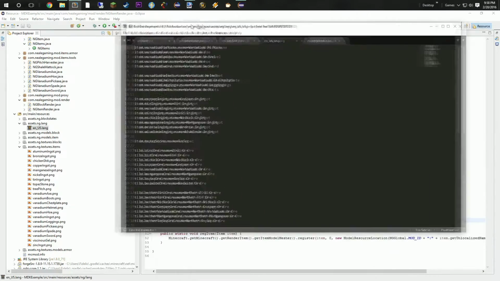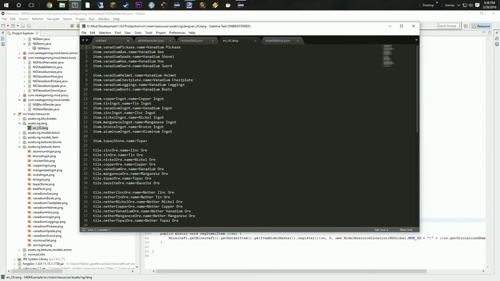We do need to put these in our lang file. So let's do this. Item dot tree pitch dot name. It's going to be tree pitch. Viscous gel and